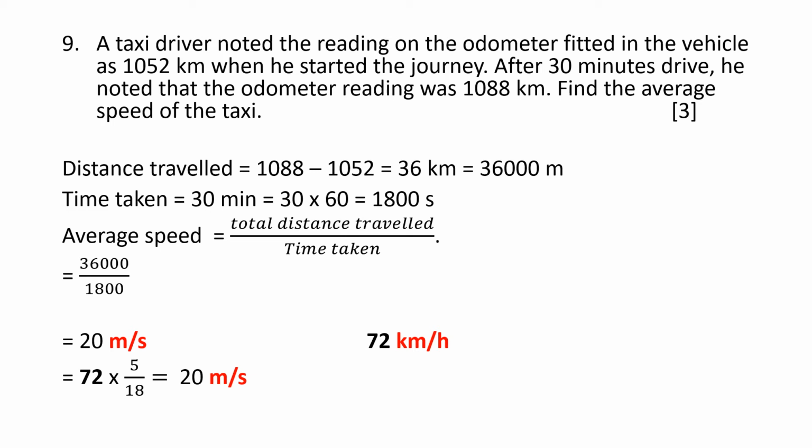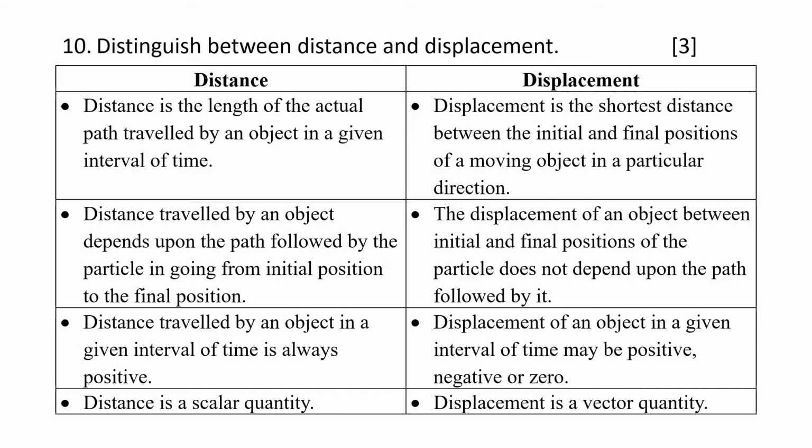Okay. Next question was a theoretical question. You know it very well. Distinguishing distance and displacement. It's a 3-mark question, so you write 3 points. I have shown you all 4 here, but you have no need. You may write any 3 points, but you have to always begin with the definition. Whenever you write the difference, the definition is very important. So the first point is the important point. The second point you can skip. Then any 3 points you can write.